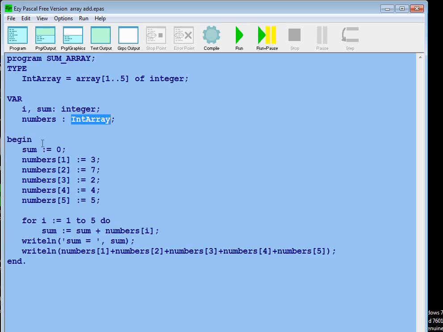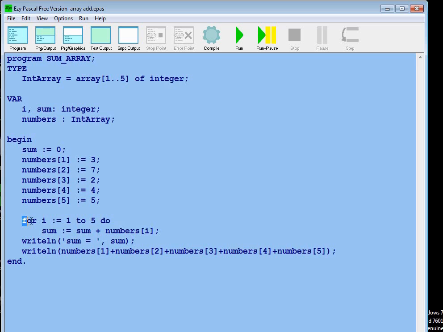As the int array, number is going to be an int array, and it begins sum equals 0, and the array starts from 1 to 5. So I have given initial values for each array,